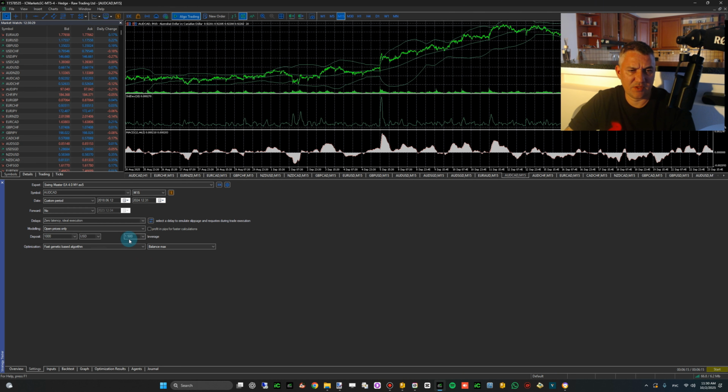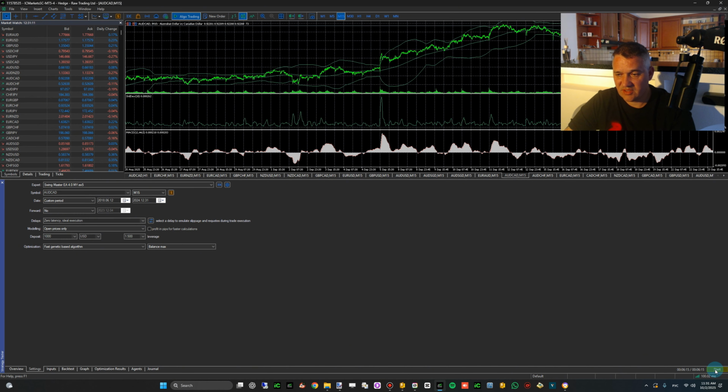Also set the leverage, set it to 1 to 500. The deposit currency is USD. That's it. And as for the optimization algorithms, this is a fast algorithm. That's all, we don't change anything else. As for the time frame, of course, we need to choose the one that we will use for real trading. For the instrument that we have chosen for this analysis, we selected the Australian dollar against the Canadian dollar. So, ladies and gentlemen, I am now commencing the optimization process and will click the